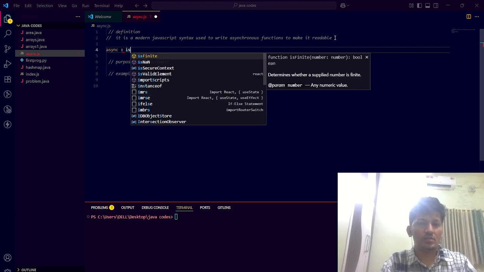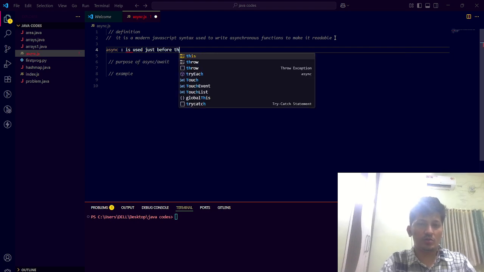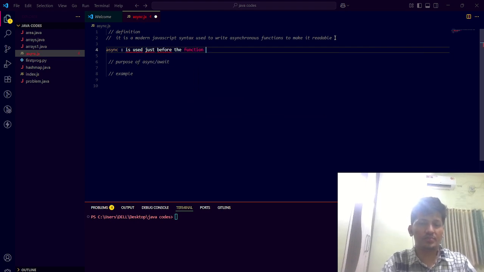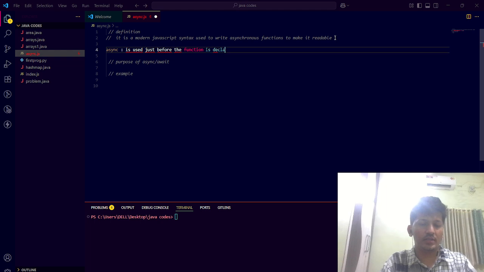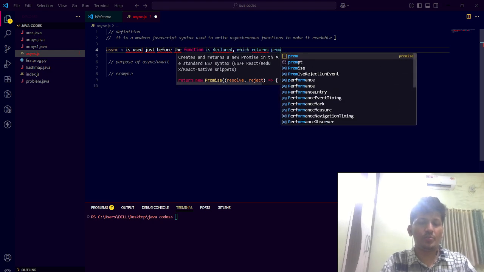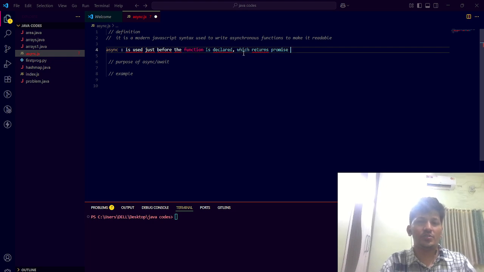What is async? Async is just a function which returns a promise. A function which returns a promise. Async is written just before the function,